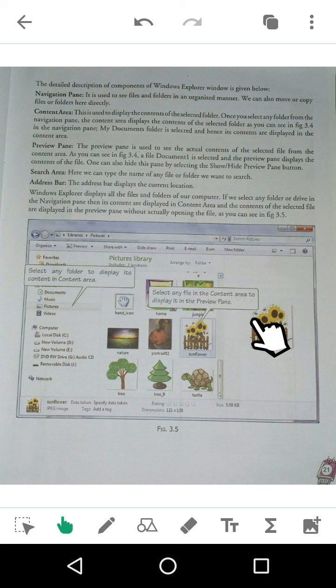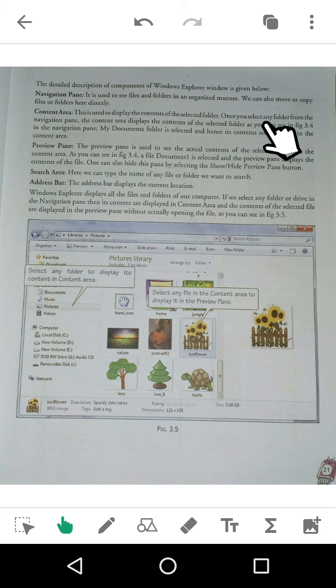So this is your preview pane. You can look at this content. Suppose it is a photo. You are seeing this photo here. See the size of this photo, here it is small but here it is big. If there was a text document or a Microsoft Office document and you clicked here, it would show here what's written in the document. So this is your preview pane.